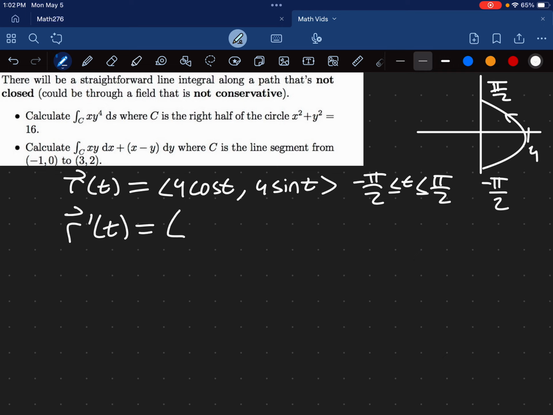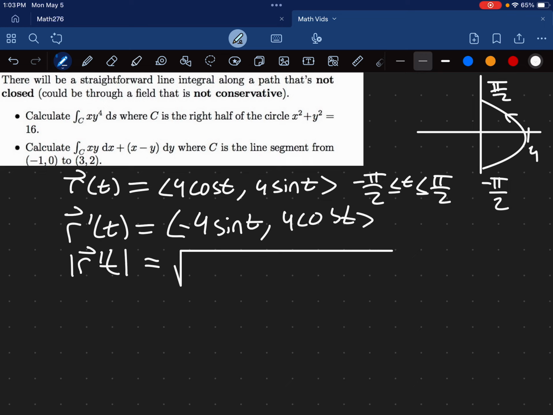So derivative of cosine t is negative sine t, and so we just multiply that by 4. Derivative of sine is cosine, so 4 cosine t. And I think you guys are seeing how this is going to go. Or not integral, this square root is going to turn out to be something really nice. So the magnitude of r prime of t is equal to,